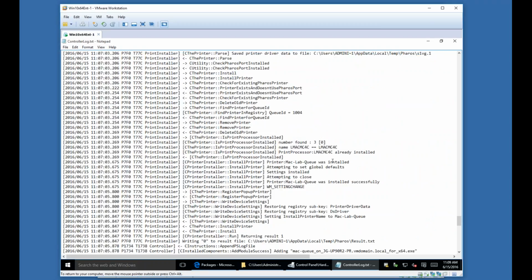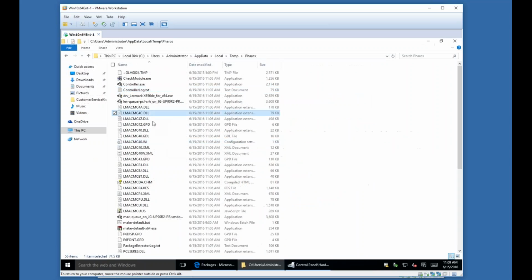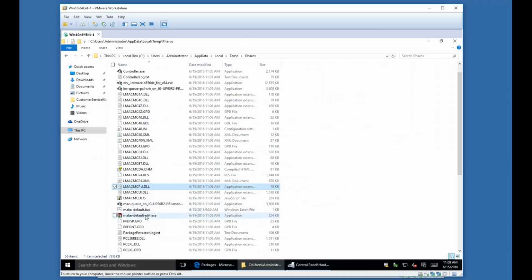So with this log file, we can help understand a bit more about why something didn't happen, or what might be happening, or if something goes awry. So I want to point that out. And then you can see all your driver files that ran. And here is our